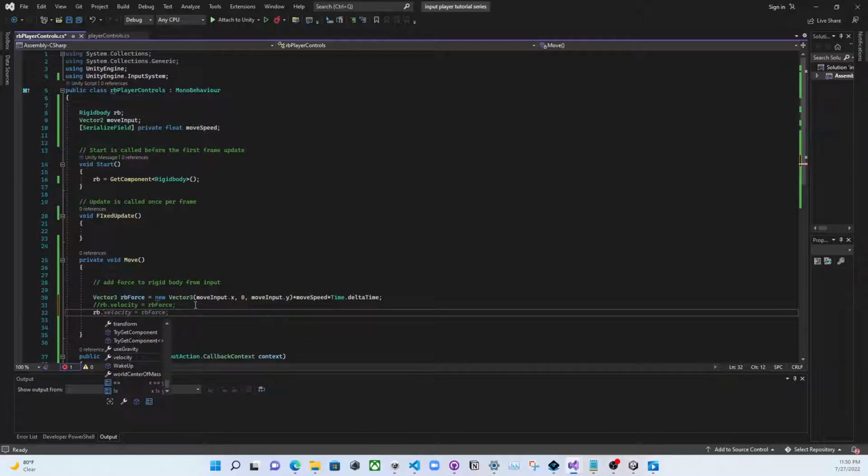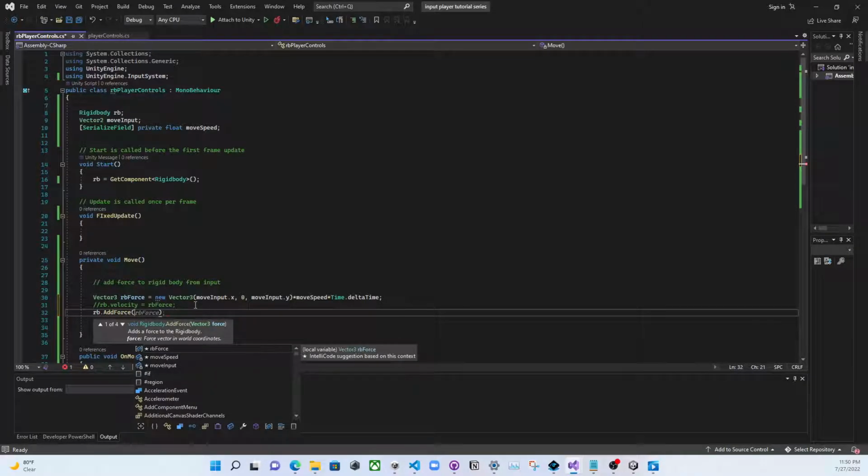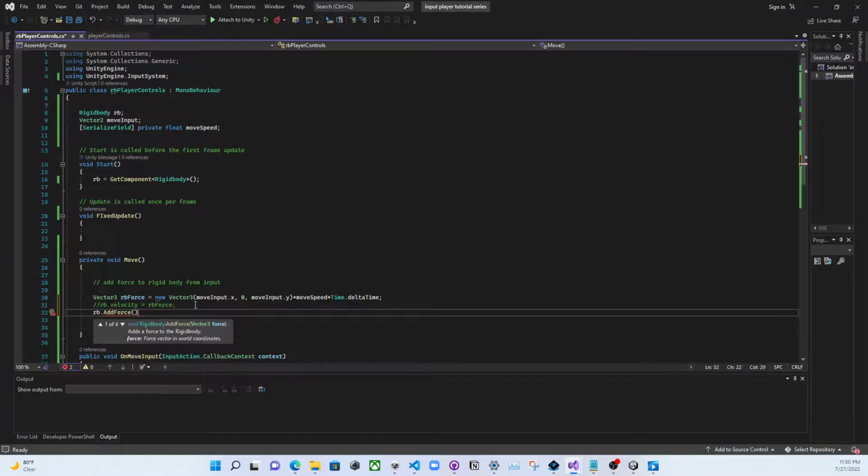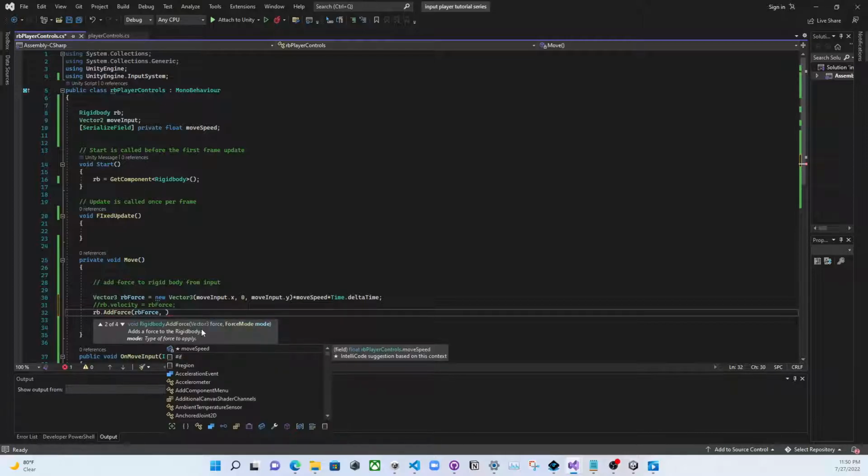Let's do RB dot add force. All right, and then let's do. So how does this work? Add force. I wonder if that's still a parameter. So let's see how this works, and then let's see if it lets me put something else. It sure does. So force mode, and let's say